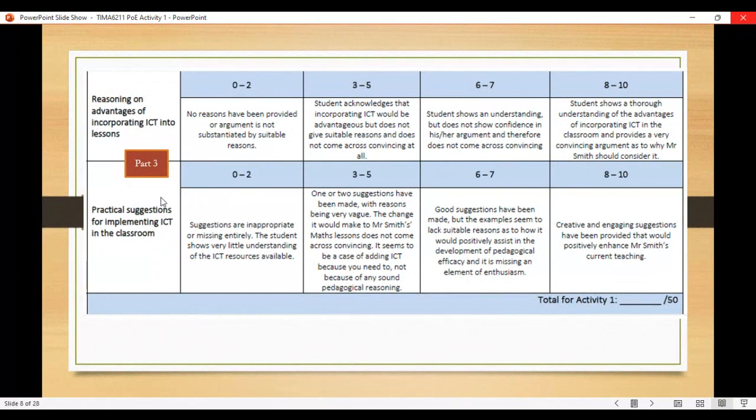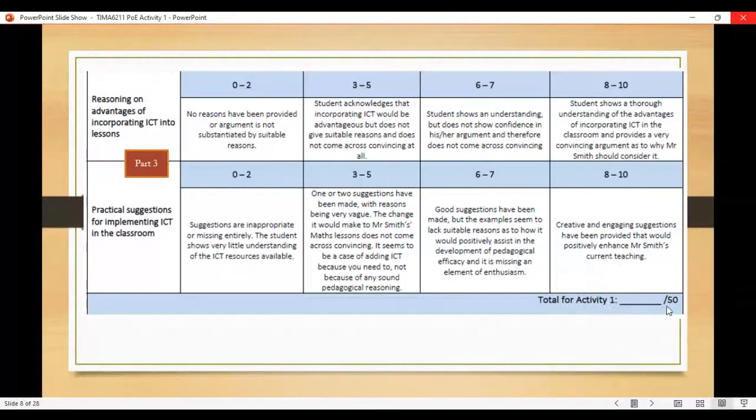And then in the second part of this part 3, you should give practical suggestions for implementing ICT in the classroom. So to earn 8 to 10 marks, creative and engaging suggestions have been provided that would positively enhance Mr. Smith's current teaching. So you would also see we make use of technology in our classroom because we want to enhance our teaching and learning.